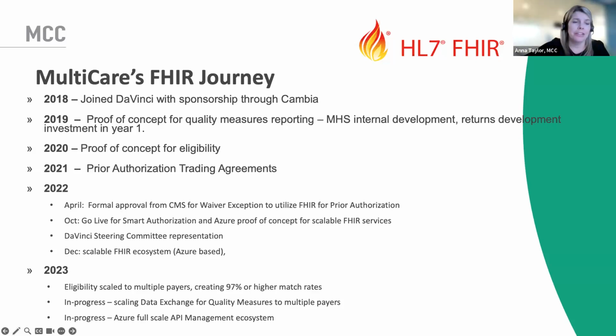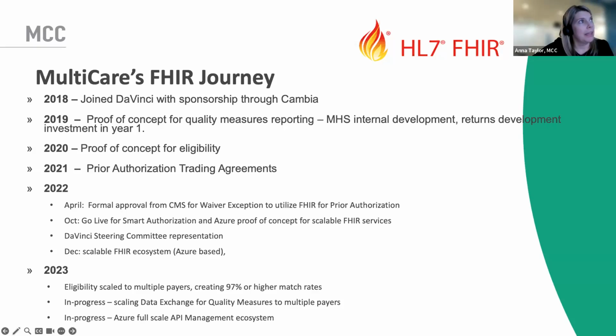And we actually got internal support to continue to investigate, what is this FHIR thing going to do for us? So we thought, all right, let's take it to a new use case. When you're under a value-based care product, you have an eligibility list. Who are you responsible for under that value-based care product? And can we get that in a FHIR API instead of a flat file or a portal download or an automated ETL package? What can we do here? And we got it in FHIR. And by golly, it was so much easier and so much more accurate.